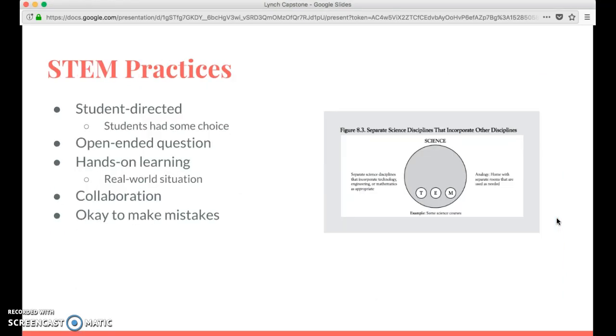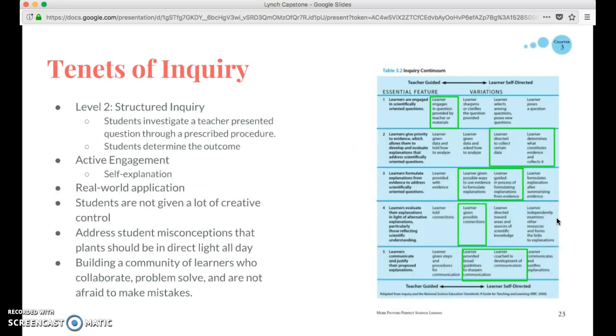Looking at the diagram to the right, I chose the separate science disciplines that incorporate other disciplines, as it is mainly science with just a little bit of math thrown in there as far as the data and creating graphs. As far as the tenets of inquiry goes, I believe that this project is a level 2